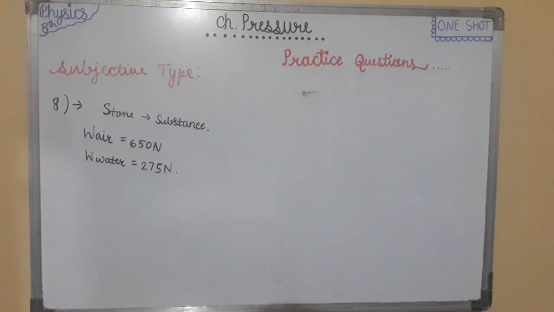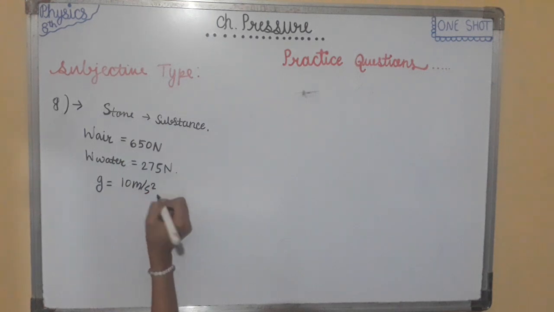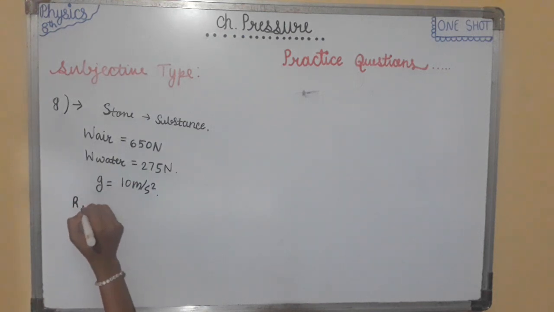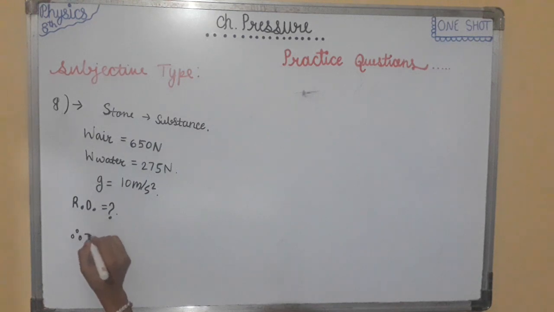Now weight in water is 275 Newton. And G, gravity due to acceleration, is 10 meter per second square. So we have to find the relative density. What is relative density? There is a formula to find relative density, that is